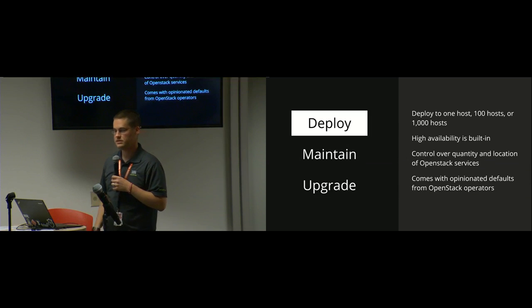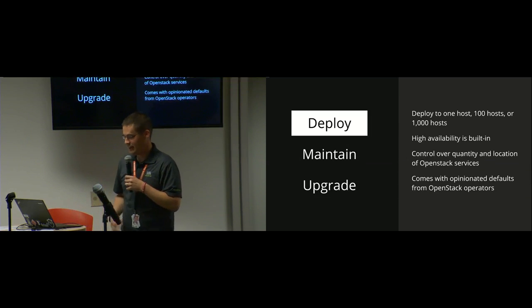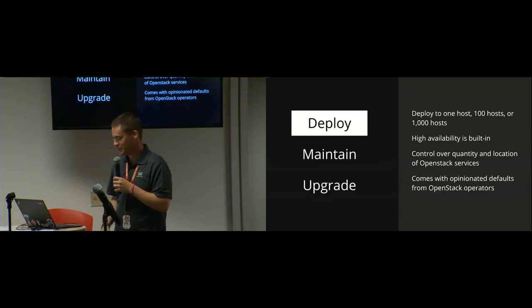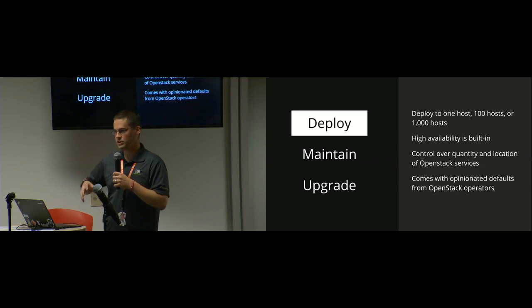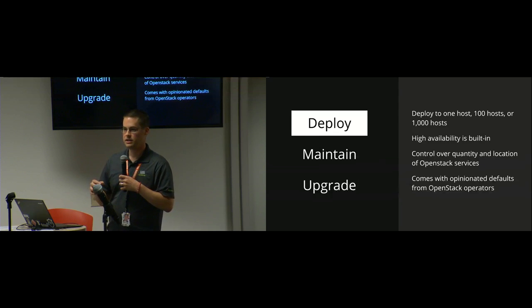Okay. Yeah, so I should have had a slide on this. I didn't know how far to go because I didn't know what kind of audience I'd have. But yeah, so the question was more around, what does the actual deployment look like on the host if you went and looked at it, and where do things go? So the way we do it is we have a container per service. For example, let's say you had 3 control plane nodes that are going to be running your OpenStack services. And let's say you had Keystone on each one, you had Nova API on each one, you had MySQL on each one.